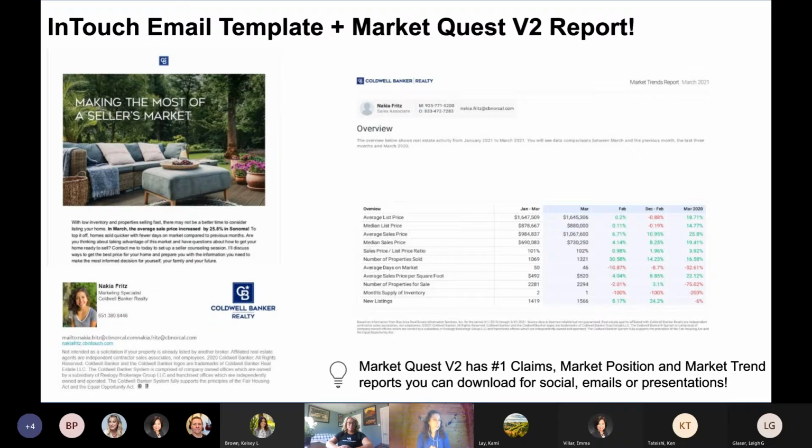Making the Most of the Sellers Market, and I paired it with a Market Quest report. If you were in the Sales Me in Petaluma this morning, I talked about Market Quest V2, which has number one claims, market position, and these market trends reports. When you hop in there, you're able to pull for your specific area. It's going to have your MLS already set up. Type in Sonoma or wherever you are, and then you can customize what you're